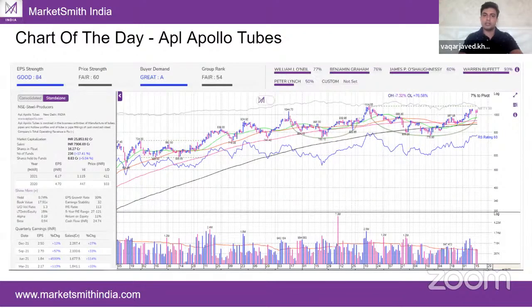Now let's talk about the chart of the day. And the chart of the day for us is APL Apollo Tubes. APL Apollo Tubes is into structural steel tubes and is the market leader in its segment, commanding greater than 50% market share. 90% of the revenue for the company is derived from real estate and infrastructure, and the remaining from airports and warehouses. Given the latest pickup in real estate demand in your metro cities and your tier 2, tier 3 cities as well,